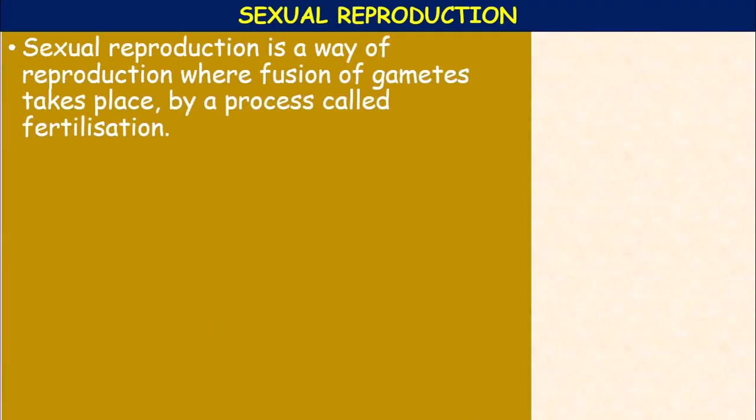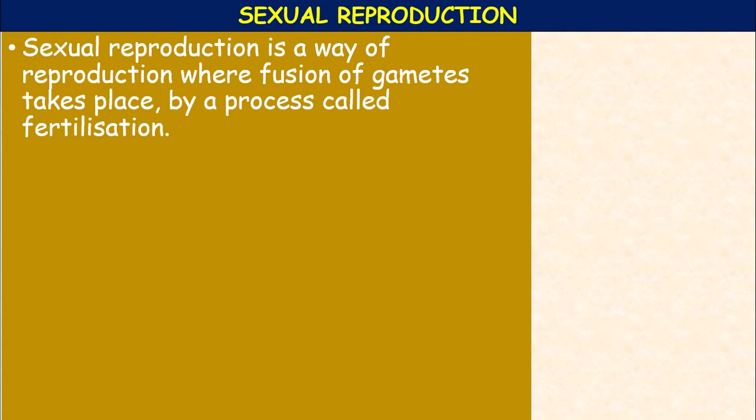Okay, now come to sexual reproduction. Here the sexual reproduction occurs in plants as well as in animals. It is the most common method of reproduction. Okay, as clear, there is a male and a female, with reproductive cells called gametes. The gametes are produced from the